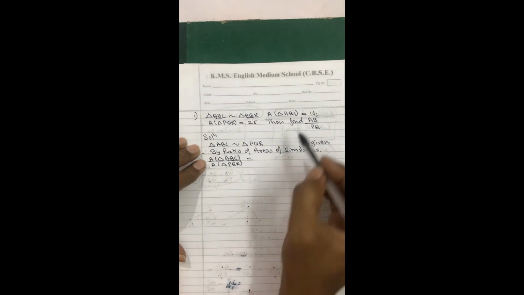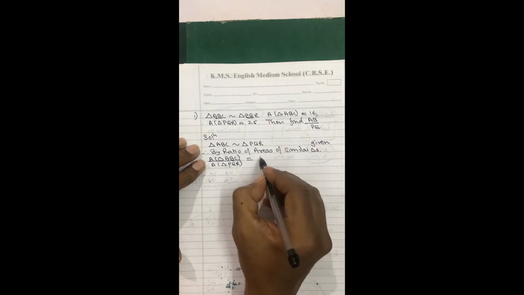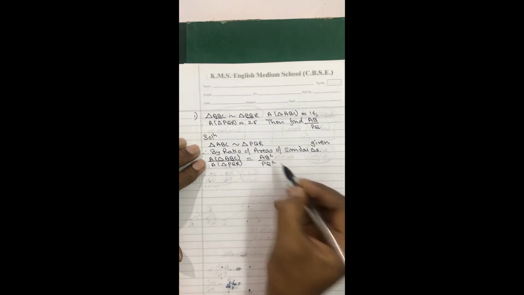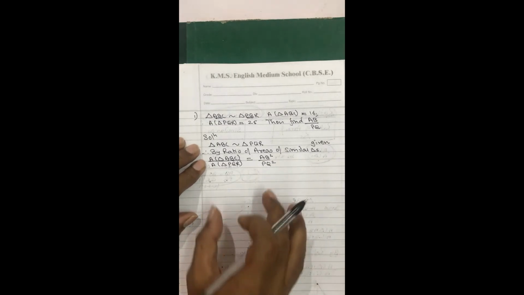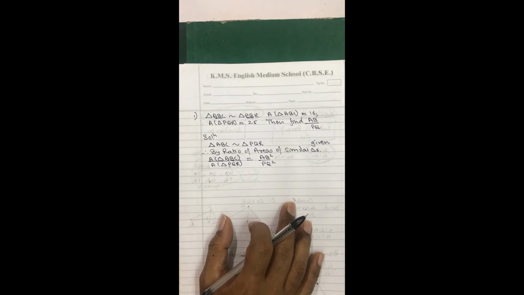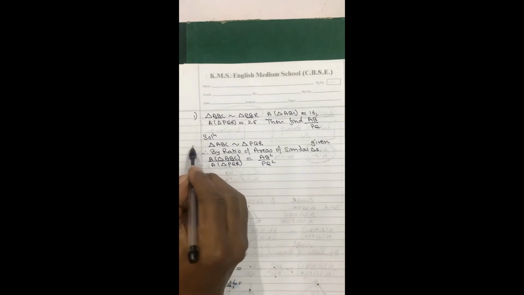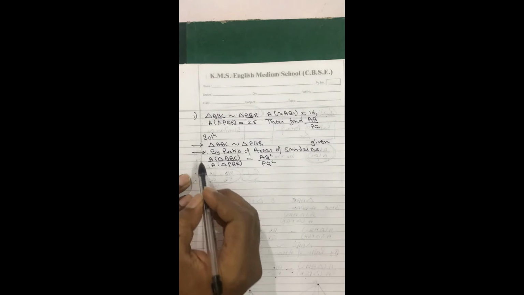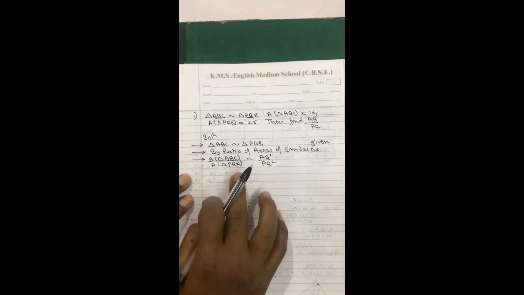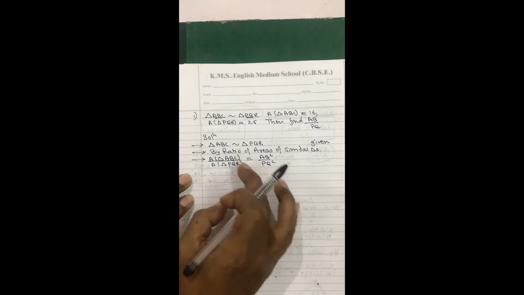But at present we are concerned with only AB upon PQ, and AB upon PQ are corresponding sides. So I will write only AB square upon PQ square. So this is what the output is. See, I am telling my dear students, right from the start I am explaining, whenever any theorem is there, the theorem will demand a condition. Once the condition is satisfied, then call the theorem, and because the theorem is called, an equation will be generated. This is the equation generated because of this theorem.